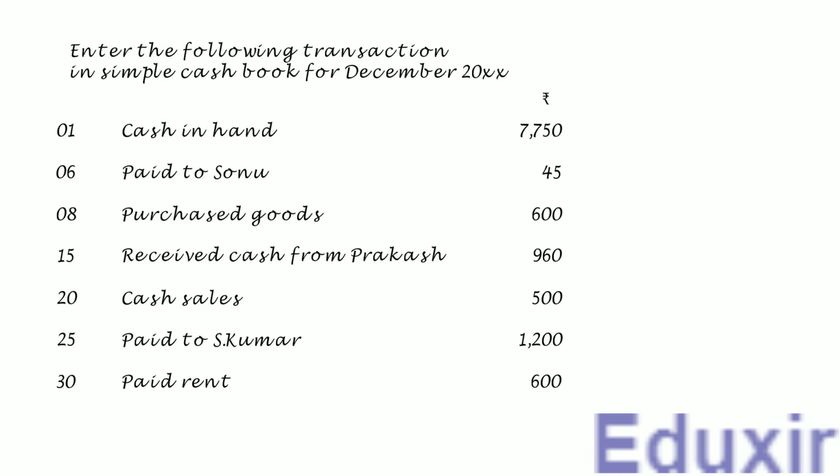As you know, a cash book is also called the book of original entry, and it fulfills the requirements of both a journal as well as a ledger account for cash. Due to this reason, when the cash book is maintained, businesses will not maintain a separate ledger account for cash. So, its format is very similar to that of a ledger account. All the cash transactions are classified into receipts and payments.